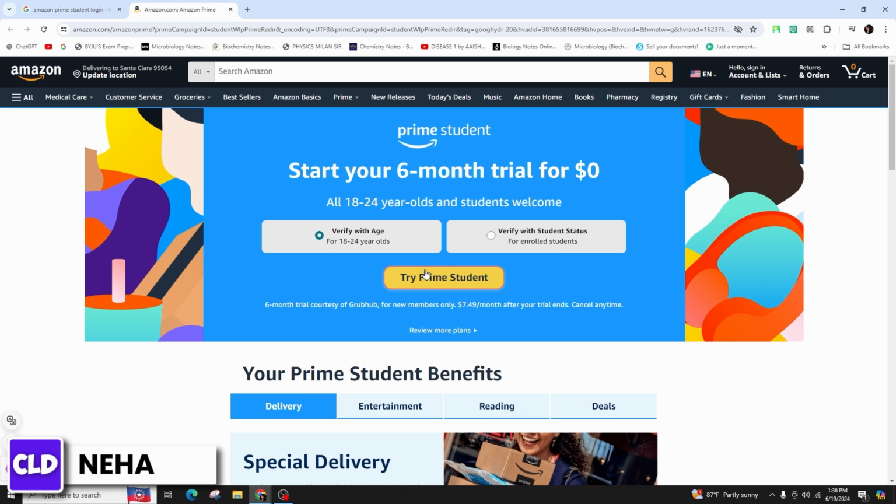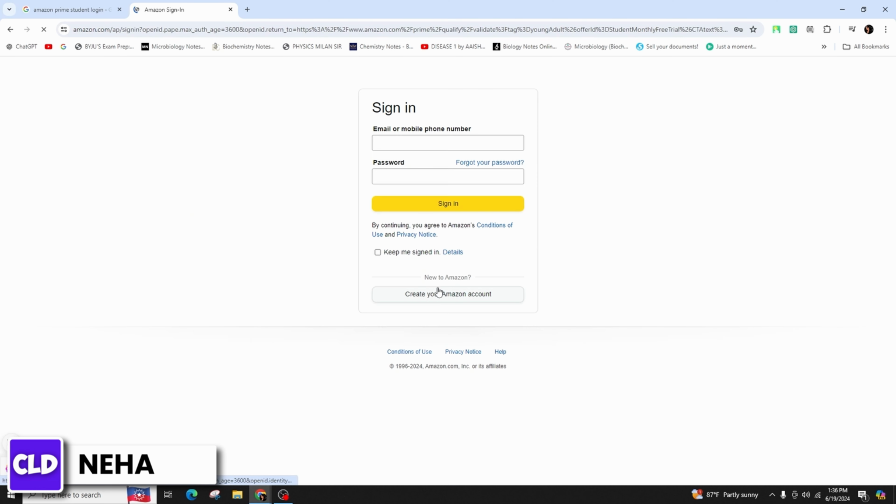able to view the try Prime student option highlighted in yellow color in the middle of the screen, which offers the 6-month trial with free 2-day shipping on eligible purchases. Click on the Try Prime Student button on the main page, and if you don't have an Amazon account, create